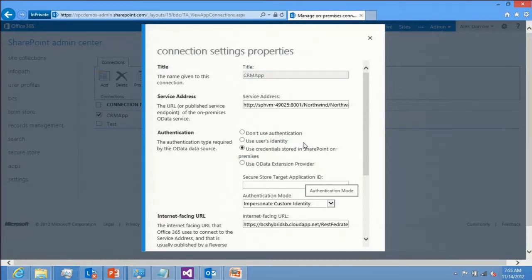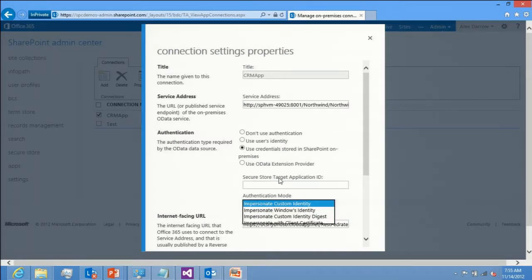The last option is the OData extension provider, which is this one. And this lets you specify a custom authentication provider. So let's say that you want to do something that's custom. That custom thing might be that the OData service that you're trying to connect to on-premises has a custom HTTP module, or it's looking for a magic auth header, or some other kind of header.